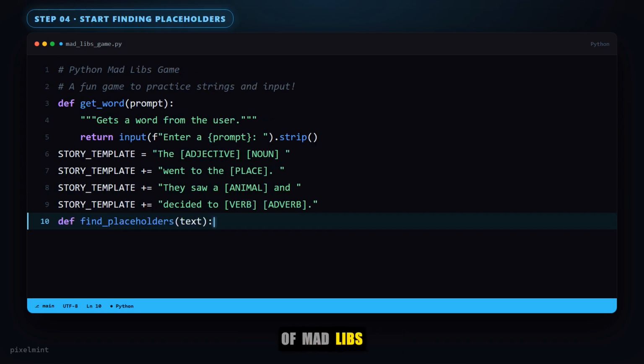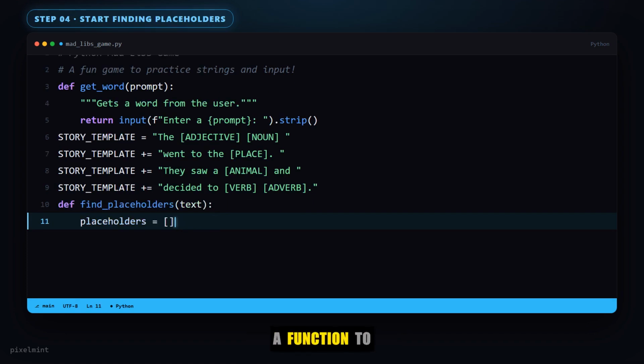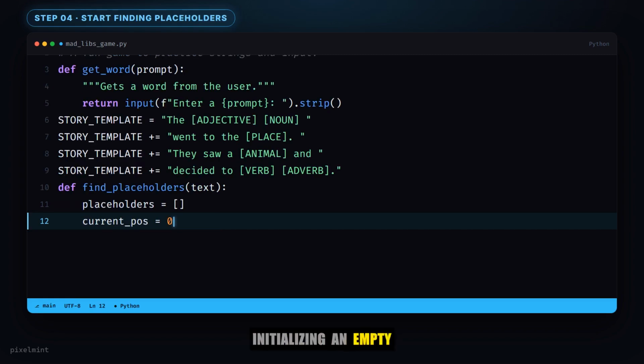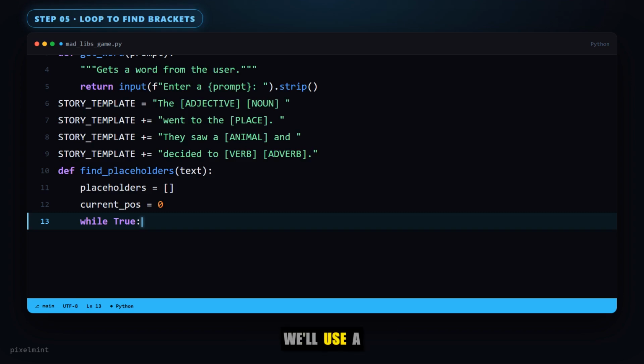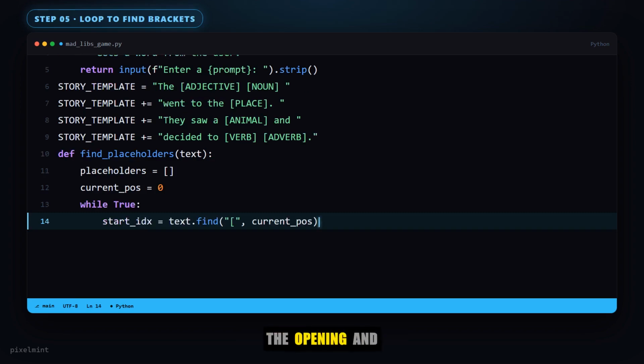A key part of Mad Libs is finding those placeholders in the story. We'll start defining a function to do just that, initializing an empty list for unique placeholders and a position tracker to scan the text. Inside our function, we'll use a while loop to repeatedly search for the opening and closing